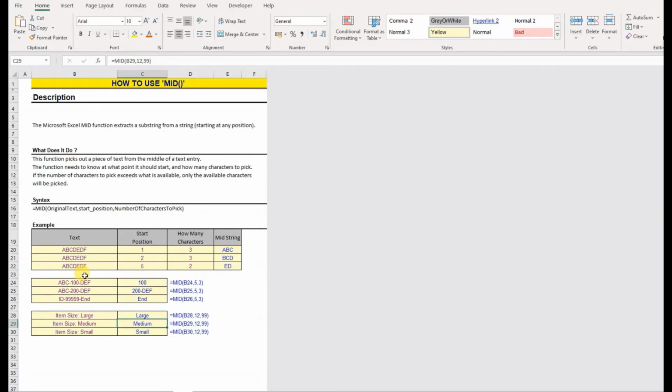This function is a little bit different from the left function and from the right function, but it is still very easy to understand. The Mid function will allow me to extract the middle value from a given text. The syntax for this function is equal to MID, bracket open, the base reference of